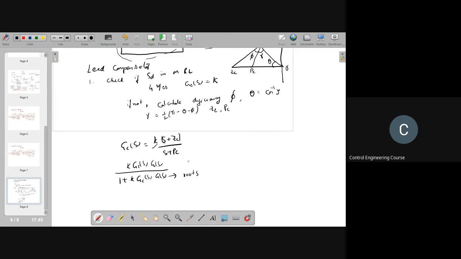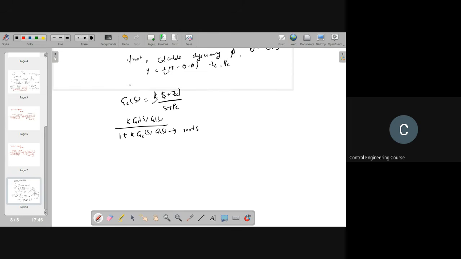So that is fine. But what we need other than this fast speed of the response and the transient response is that we are also interested in steady state error, right? How the system is tracking the desired input. Whatever the input you are giving, it has to track that input. So for that we need to maintain that steady state error should be as small as possible. So for that we use a lag compensator.